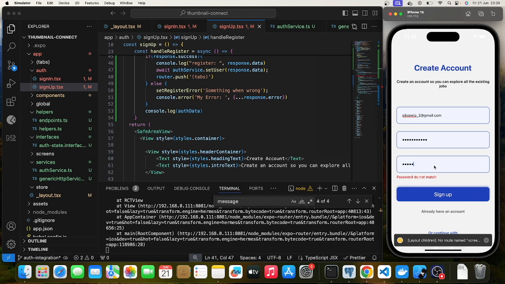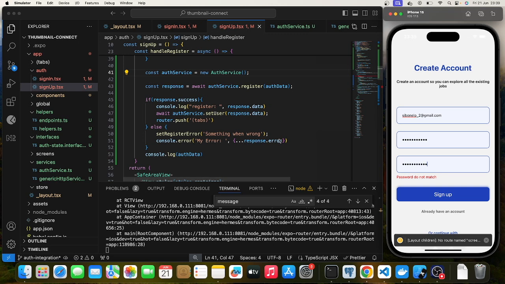Then if I use password 123, no, password 123. So ideally that should register. Nope. So once it's actually registered me, what I want to do is go to the auth.signin